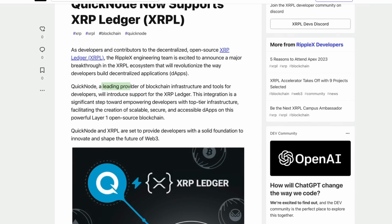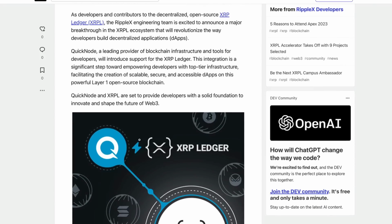So QuickNode, a leading provider of blockchain infrastructure and tools for developers, will introduce support for the XRP ledger. This integration is a significant step towards empowering developers with top-tier infrastructure, facilitating the creation of scalable, secure, and accessible dApps on this powerful Layer 1 open source blockchain. QuickNode and the XRPL are set to provide developers with a solid foundation to innovate and shape the future of